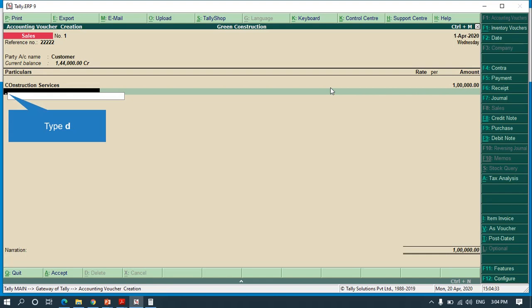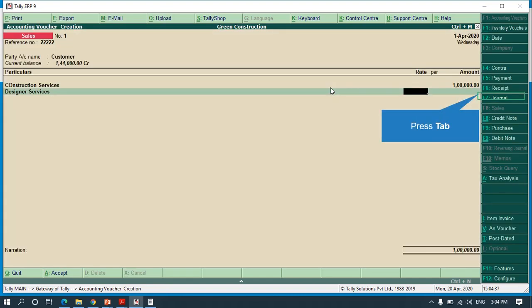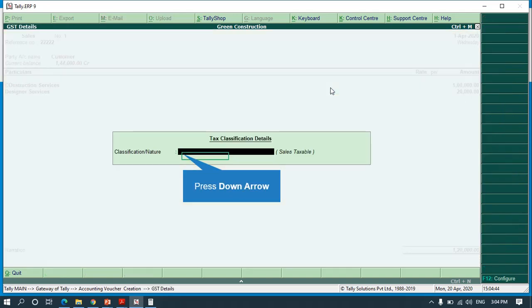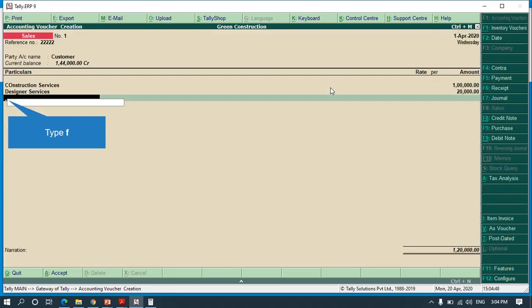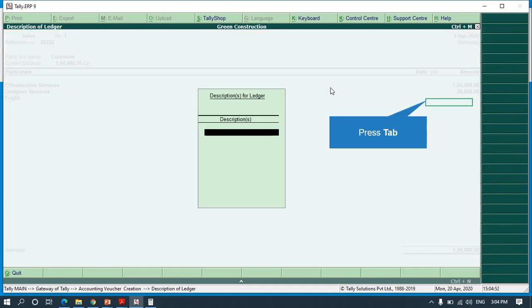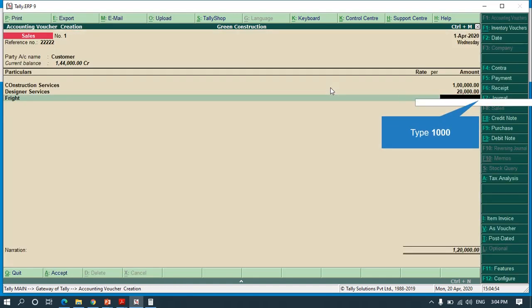Then we are providing designer service. It is for, let us say, 20,000. It is also sales taxable. Then we are providing freight charges. It is not taxable because it is under 1,500.